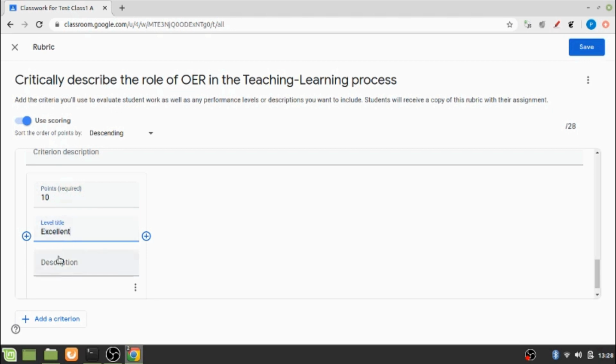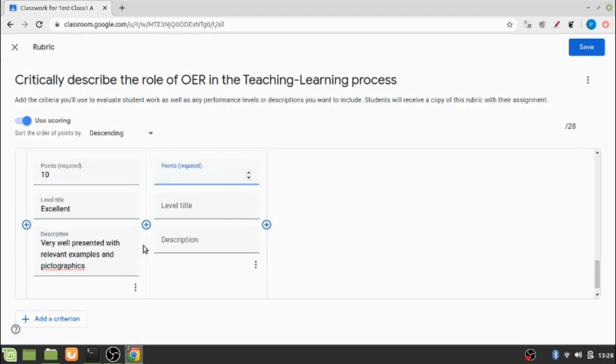The description is, say, very well presented with relevant examples and, say, pictographics. Okay, I can add another level, say for 5 points. Again, the level is average.